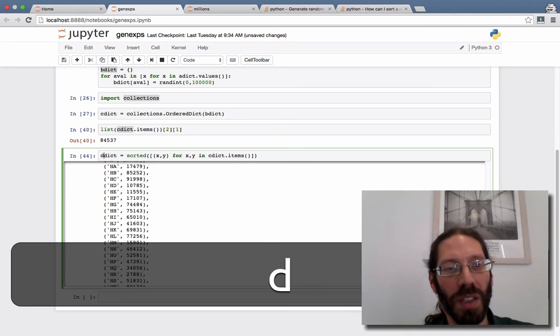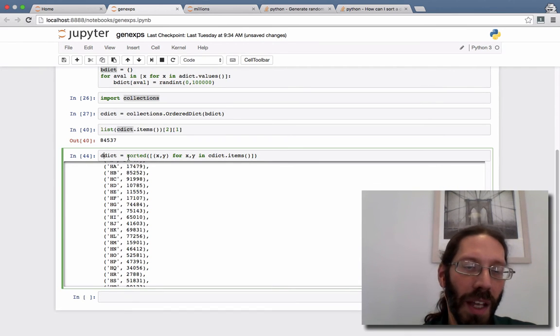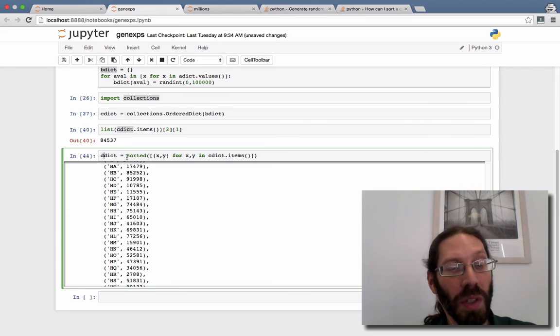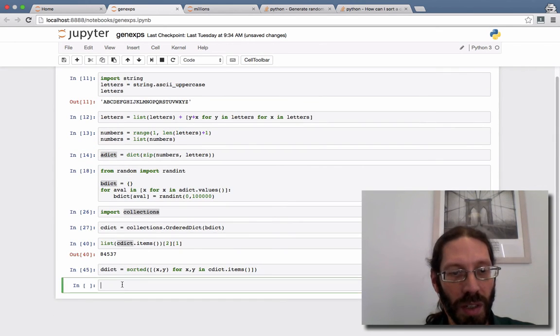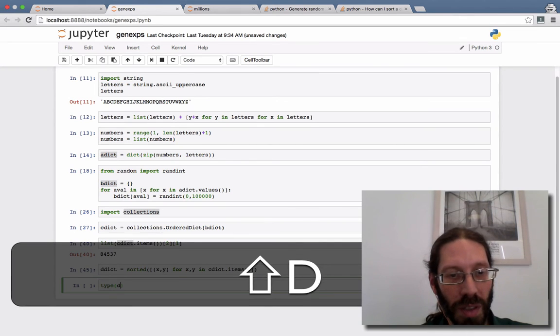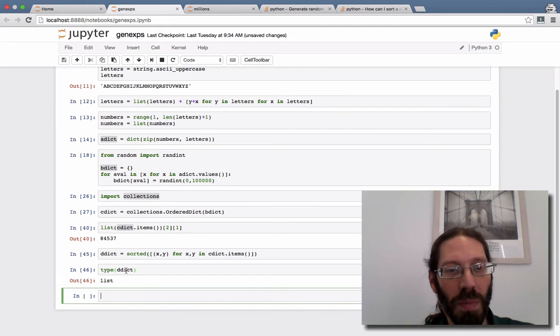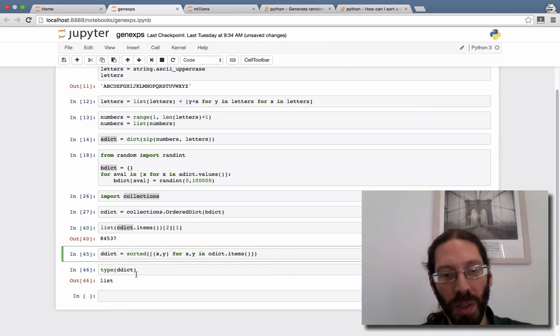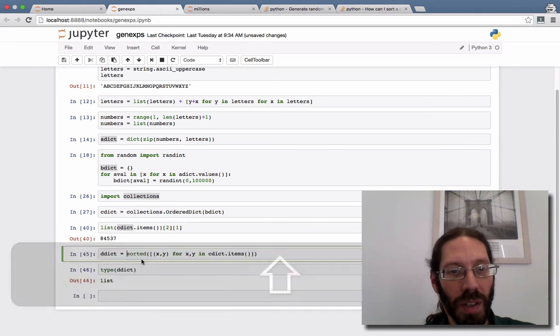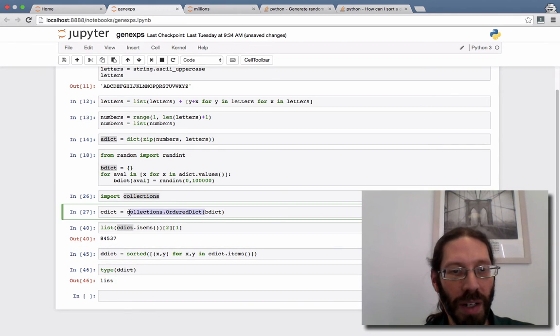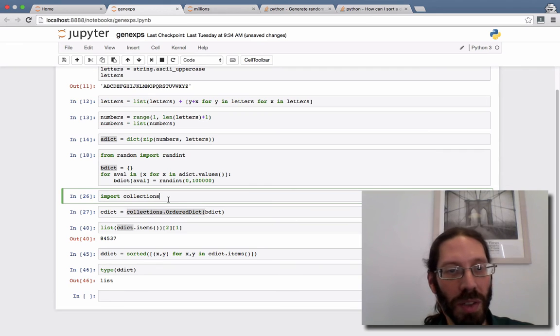In fact, let's just change that to dict. And will it remain an ordered dict? That is an interesting question. Type dict. Nope, it became a list. So we just put collections.OrderedDict around it. Now, for anyone who doesn't like that verbosity, or for you pedantic amongst you, this is